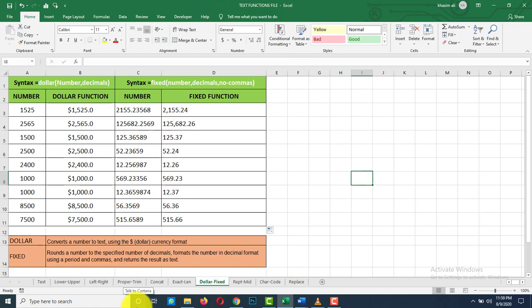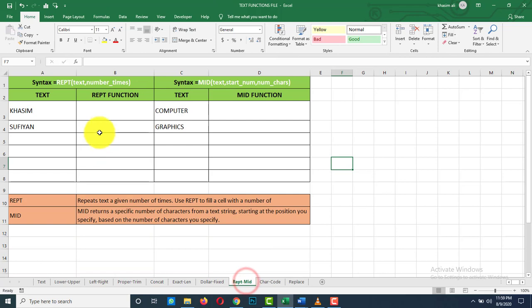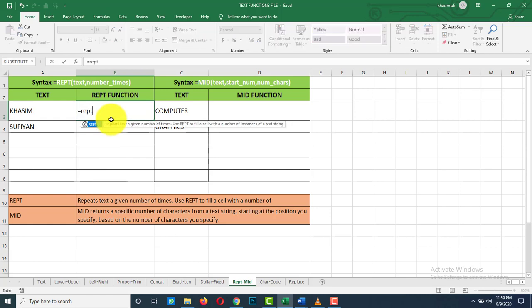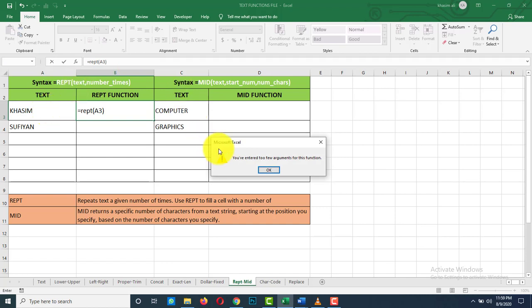Now our next function is the REPT function, which is used to repeat text strings a number of times. Equals REPT is the function name and the text string is A3. What happens? You have to enter the argument, that is the number of times.